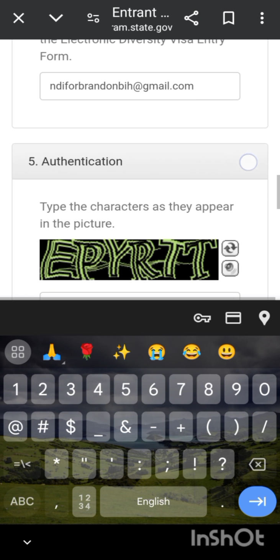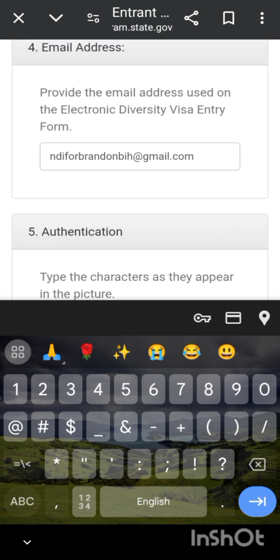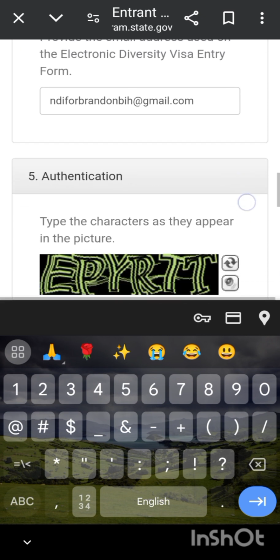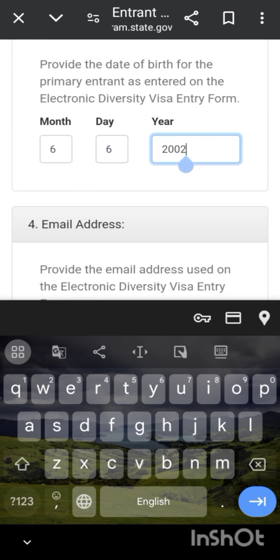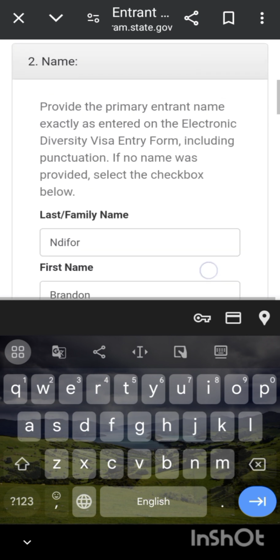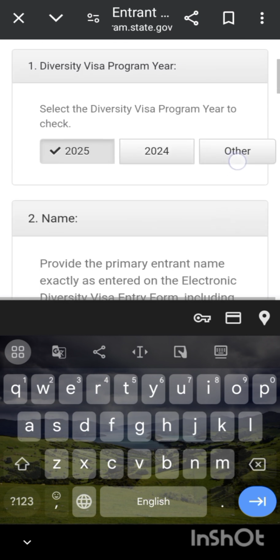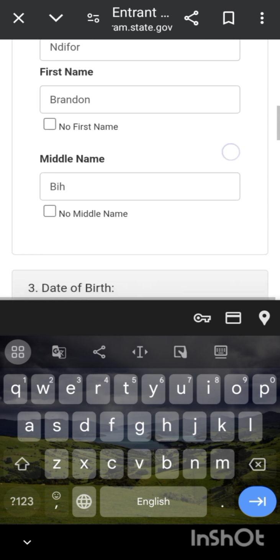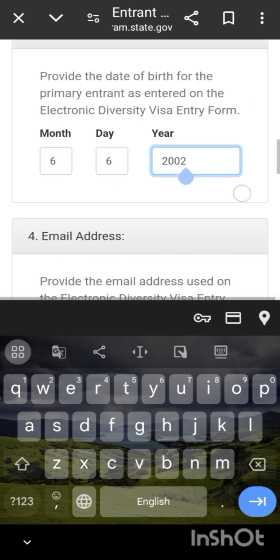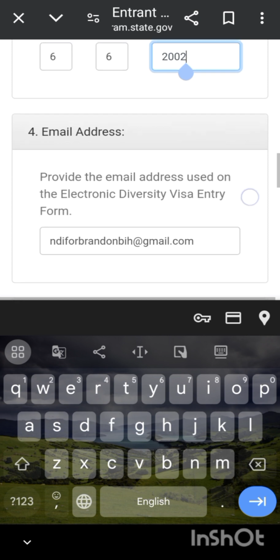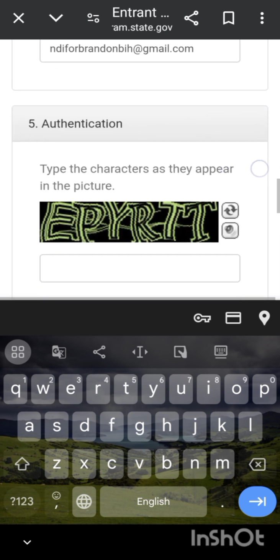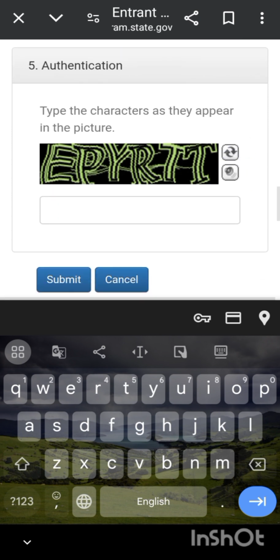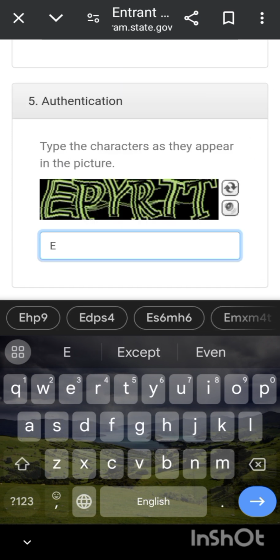Now, this information will match what you had given when the person or whoever was playing the lottery used. So, if we had filled that correctly, you notice that the information is all correct. You cross-check from the first name, the last name, the middle name, and then we go to the date of birth. Then we come to your email. Then once that has been correctly inputted, you confirm with the captcha or the authentication code which is displayed to you. Here we have